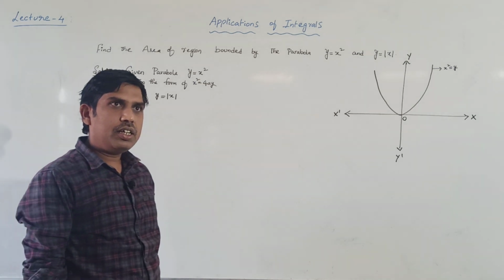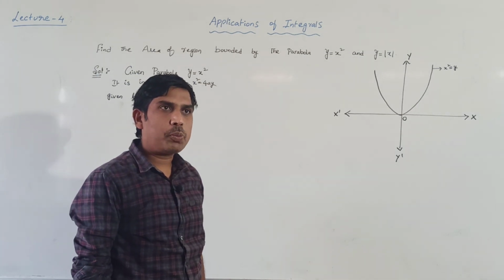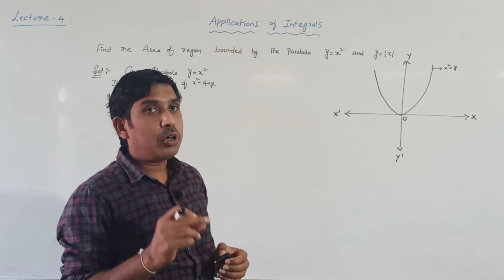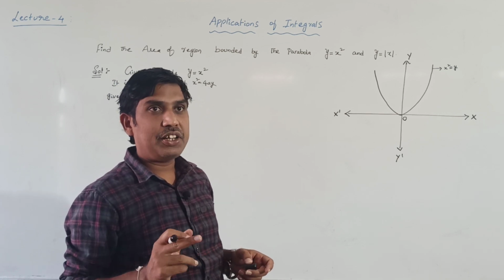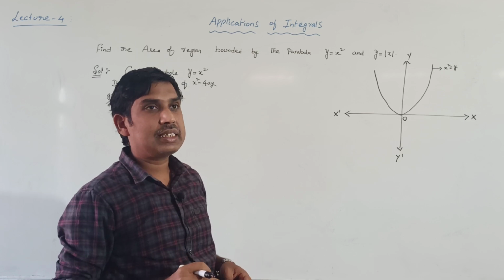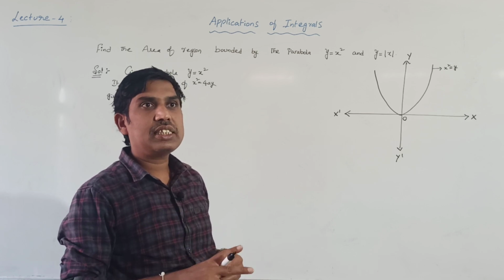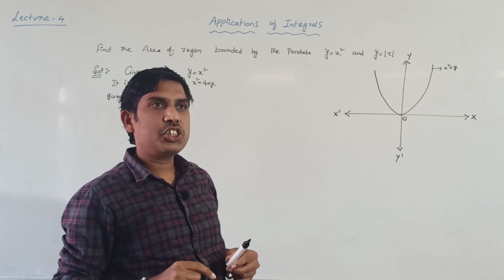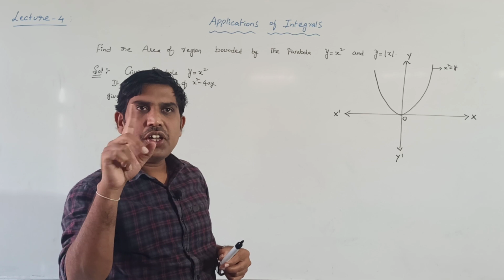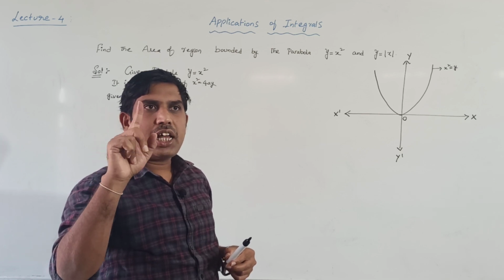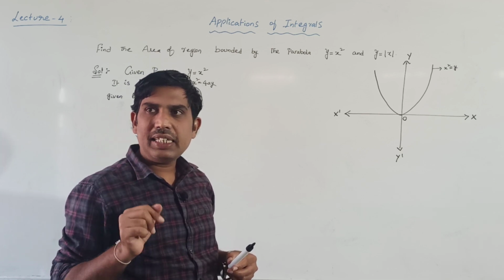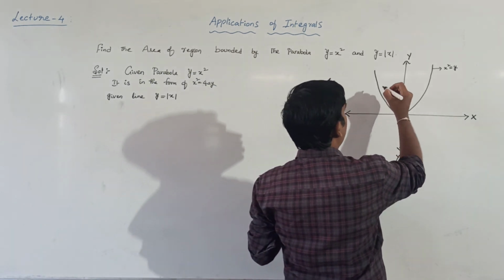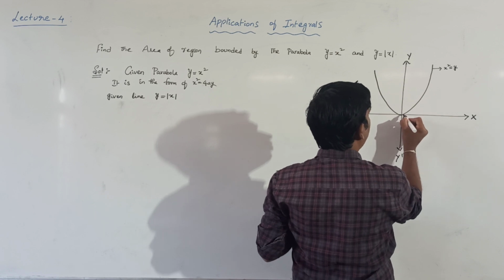In first year relations and functions topic, there modulus function we discussed. So modulus function, graph, domain, range, for 5 marks question we discussed in first year relations and functions topic. So what is the graph of modulus function? Nothing but it is in the form of V shape. Graph of modulus function is in the form of V shape. So therefore draw here modulus function graph.